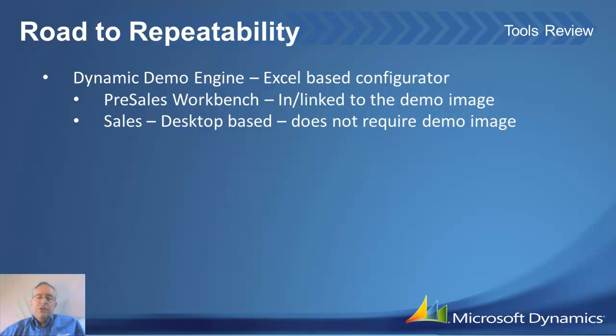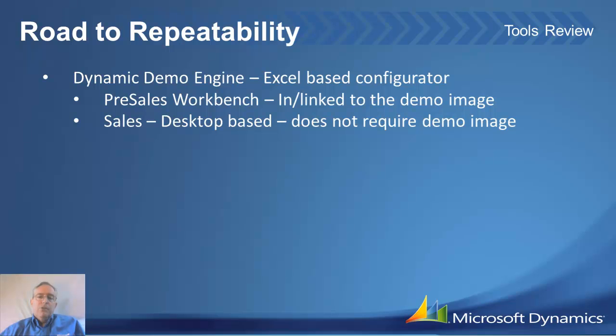Part of that is the pre-sales workbench, which is linked to the image, so it's inside the image, and there's a switch that determines whether it's integrated or not. And then there's the sales workbench, which is desktop based, and it does not require the demo image. It just uses some of the recorded content that we have of the DemoMate, and also of some of the